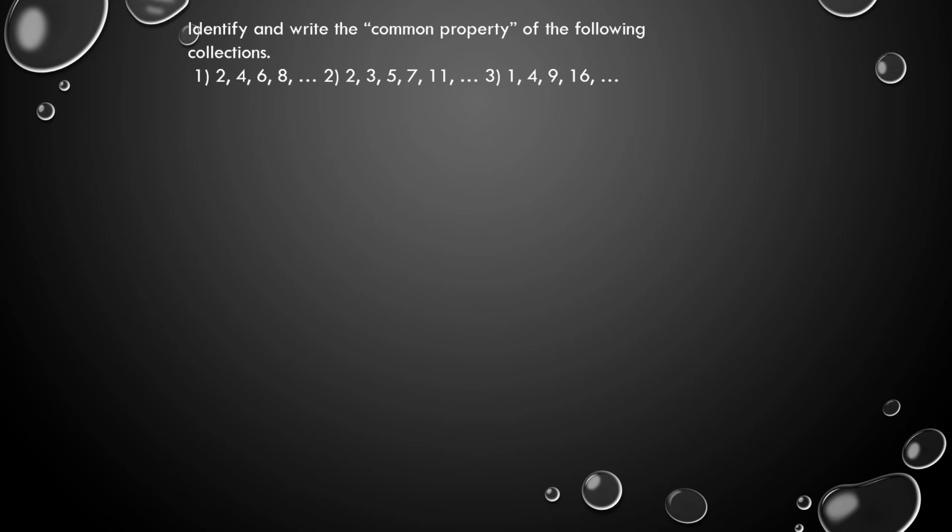So you know that already. What is the common property of 2, 4, 6, 8 and so on? These are even numbers, even naturals. Why say even naturals? Because if I don't mention naturals, it may become integers, and if I go with integers, I have to include 0 also. What is the common property in 2, 3, 5, 7, 11? Primes. You don't need to mention prime naturals because primes are already natural numbers. And 1, 4, 9, 16, once you observe, are squares of natural numbers: 1 square, 2 square, 3 square, 4 square.